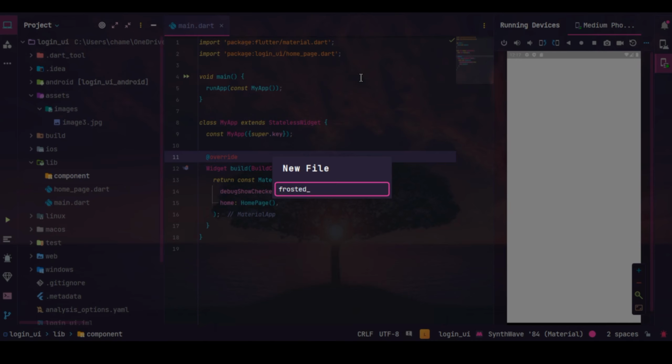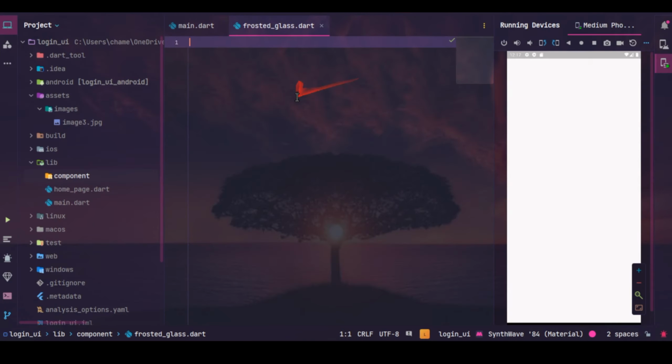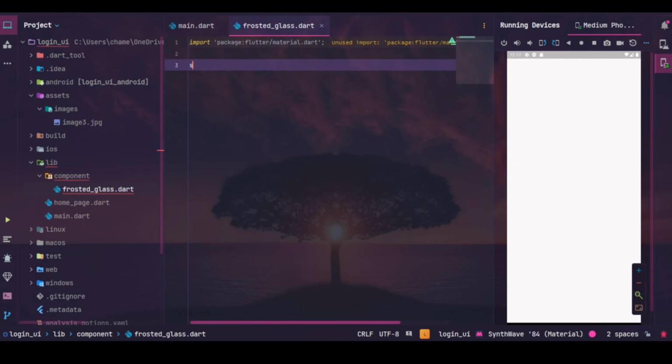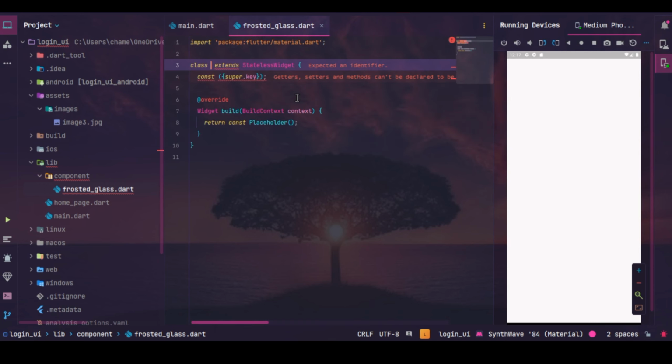So we make a modern login UI. First we have to import the material.dart package and then create a stateless widget returning a frosted glass,